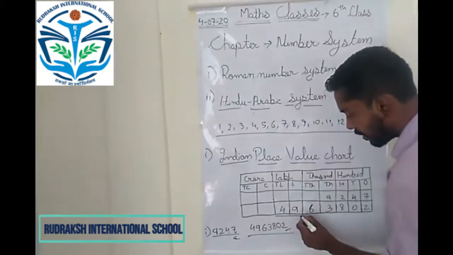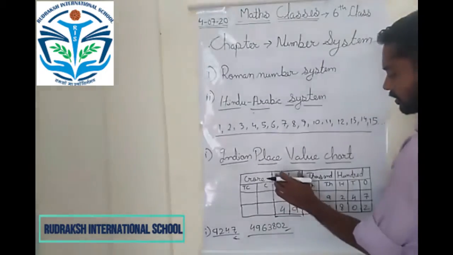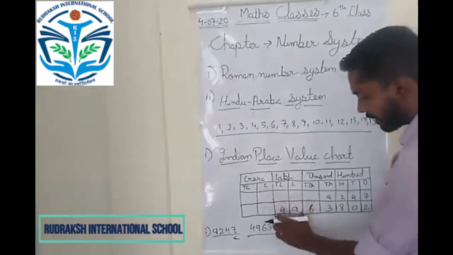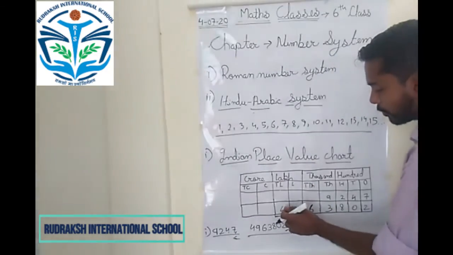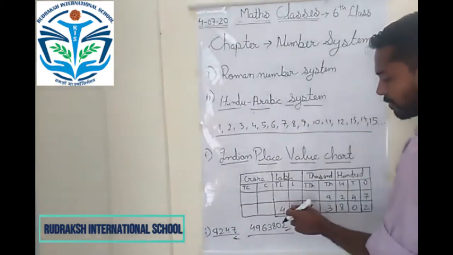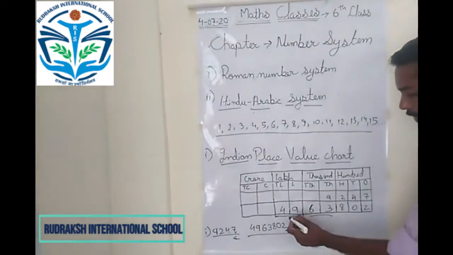because this is one chart, one column. As I told you earlier also, this is one thing and these two are the subdivisions of this thing. So it will not be 4, 10 lakhs and 9 lakhs. It will be 49 lakhs. And next also it will be 63,000. So 49 lakh